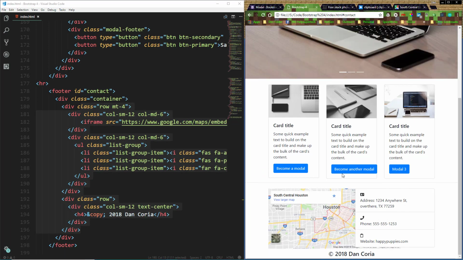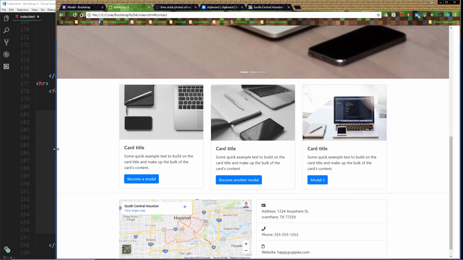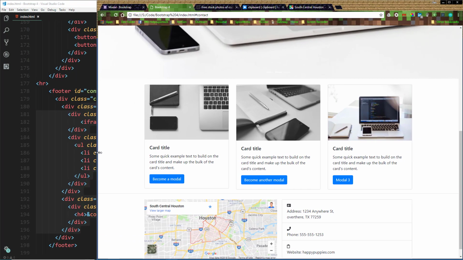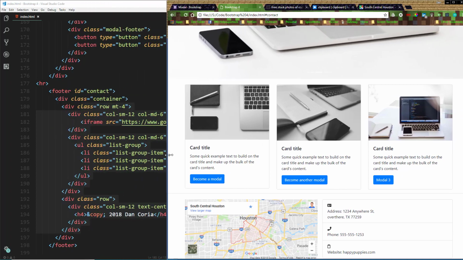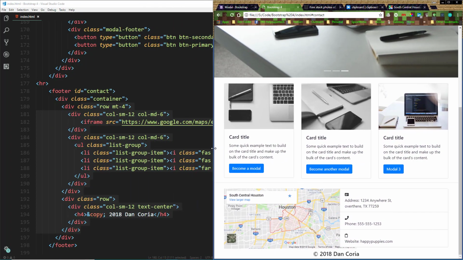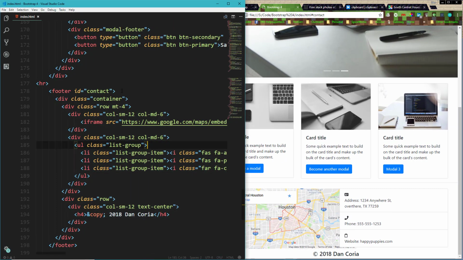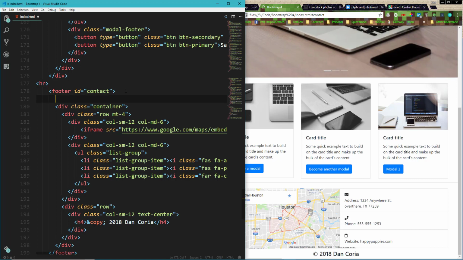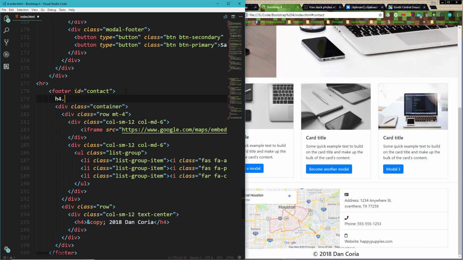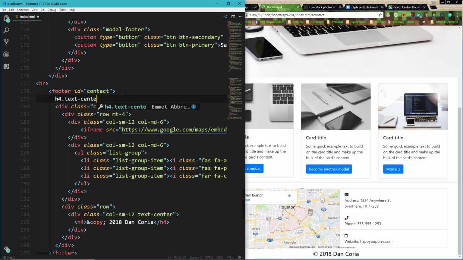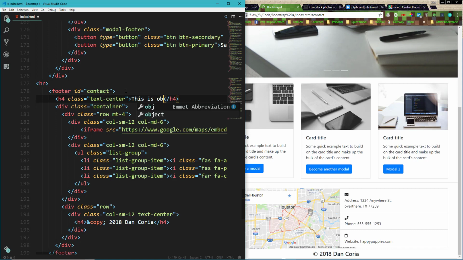Putting it inside of a container squashes it all together. And then let's do this. Let's just do an H4 with a text center class, and then this is obviously